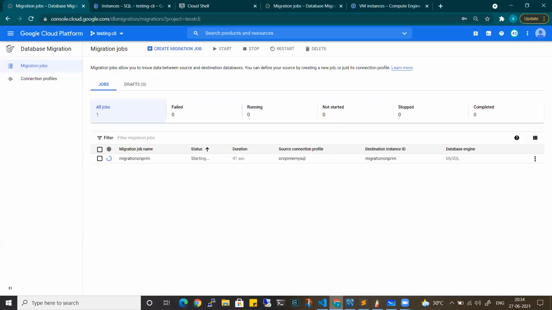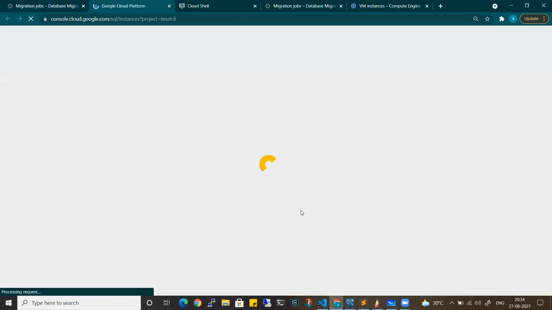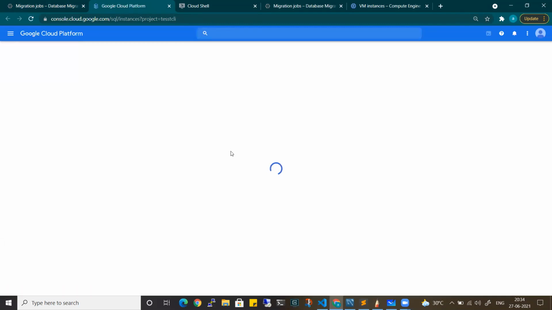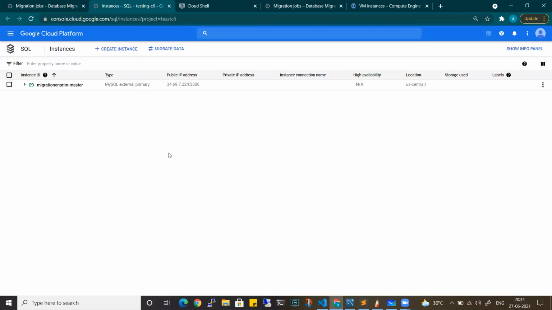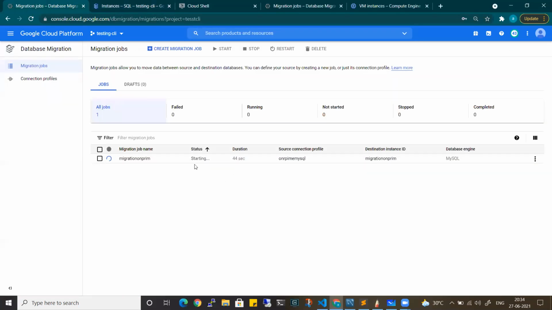Come on. Okay, it started. If I go and refresh here, okay, it's performing some sort of operations, because if you see here, this is in starting state. Once it is completed, we'll be getting a message over here that the migration was successful. The migration is completed actually,